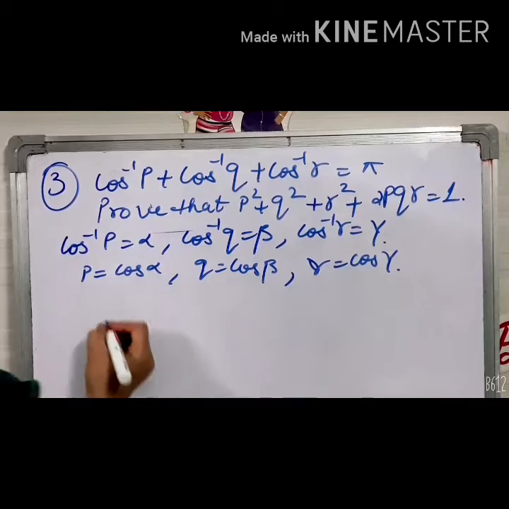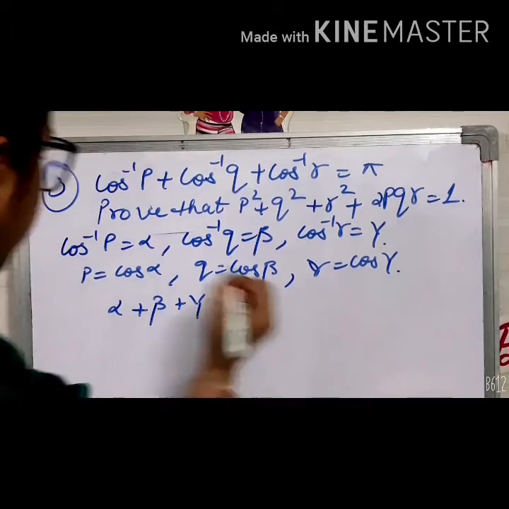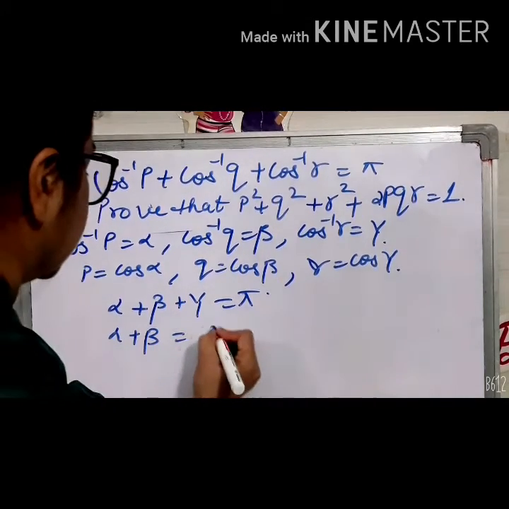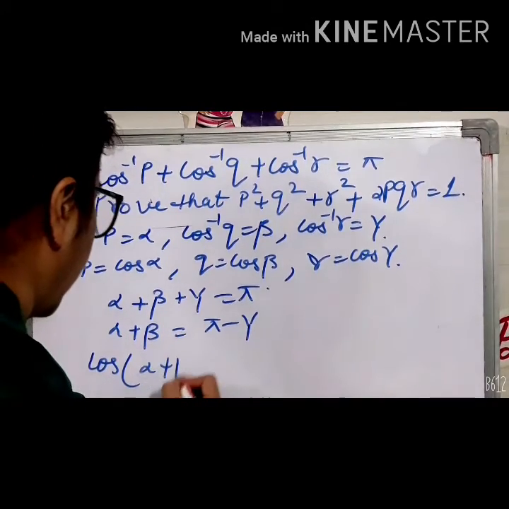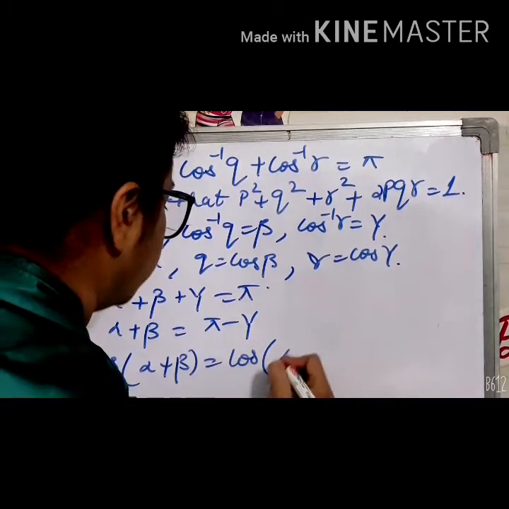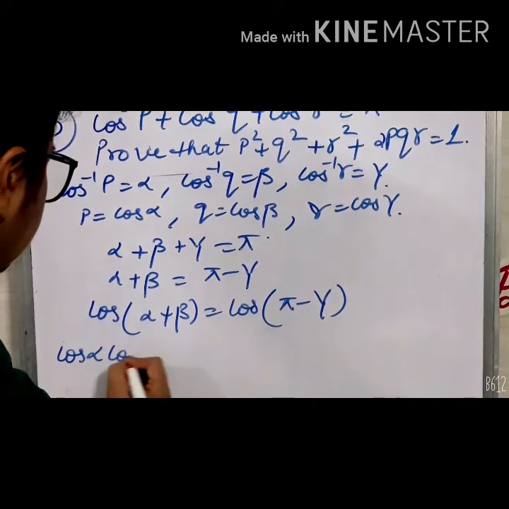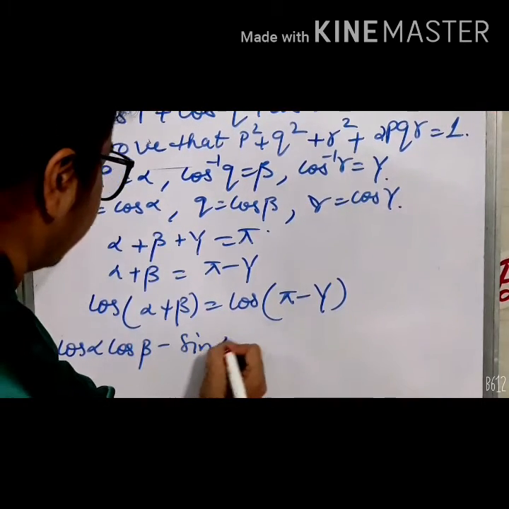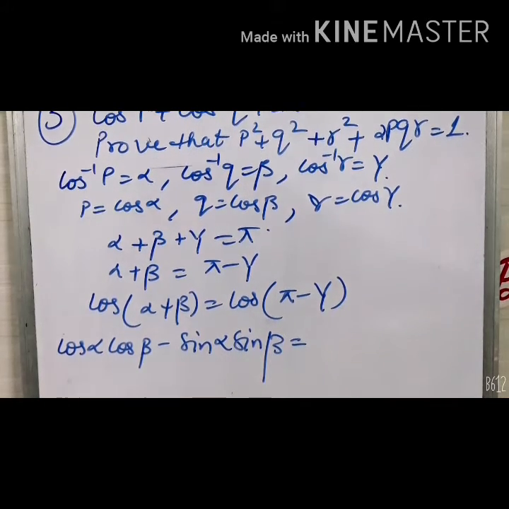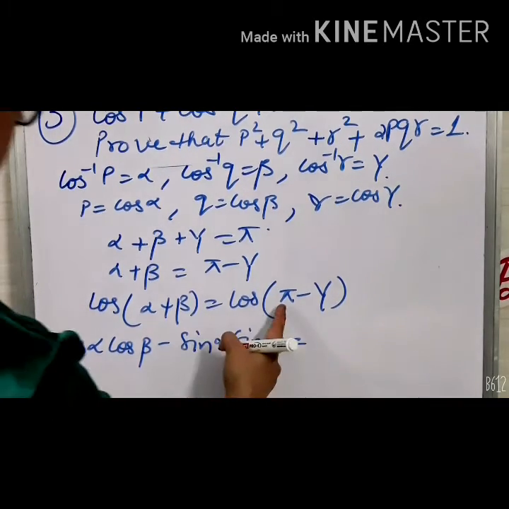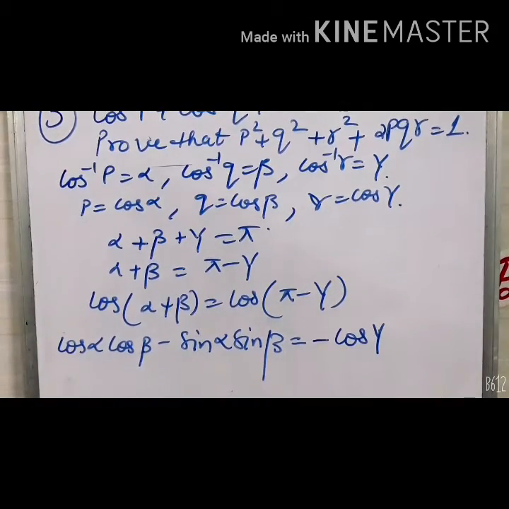Fine. I will take it that alpha plus beta plus gamma is equal to pi. I am taking gamma to the other side, so alpha plus beta is equal to pi minus gamma. Because cos function is there, I am multiplying with cos only. Alpha plus beta, and it becomes cos of pi minus gamma. Now we know the formula, I am using that: cos alpha cos beta minus sin alpha sin beta. What is cos 180 minus theta? It is in the second quadrant, because it is subtracted from 180, the function remains the same, the sign will come negative.